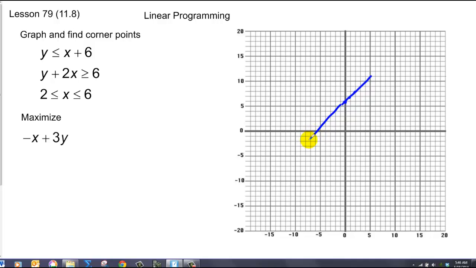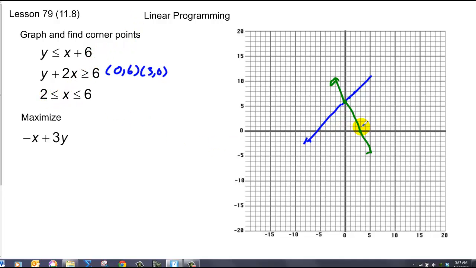So this guy I'll use intercepts for, so I have (0, 6) and (3, 0). (0, 6), (3, 0) puts me right on here. Connect the dots. And finally,